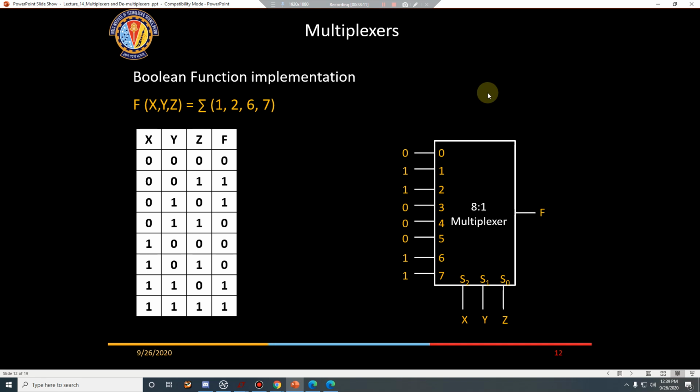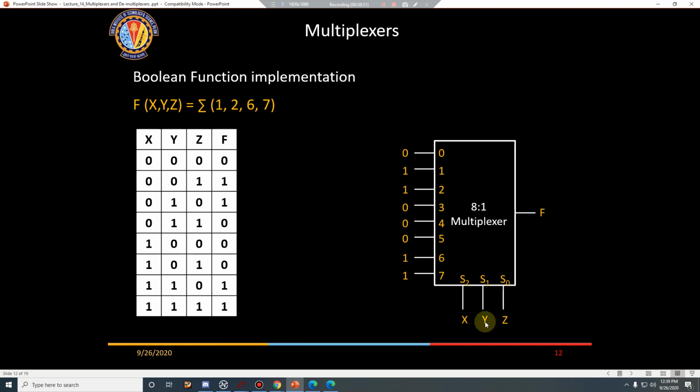Once I write the expression, now I am going to give x equal to 0, y equal to 0, z equal to 0, and I am going to activate this line. So in that expression also, you just put x equal to 0, y equal to 0, z equal to 0. Whatever you get, you put it there. Is it understood? You don't have to make a K-map. You have to write the algebraic expression for this minterm. This line is going to get connected, so you put x equal to 0, y equal to 0 in that equation, and whatever resultant f you get, you put it there.